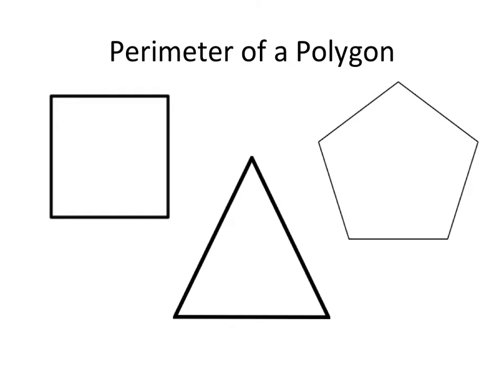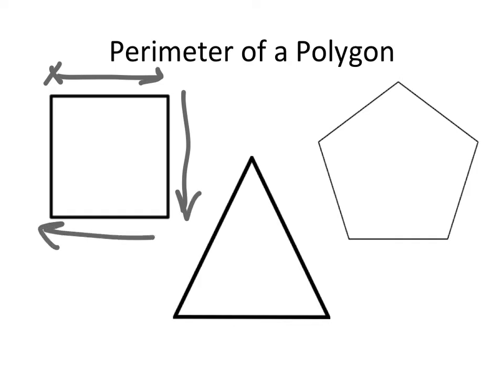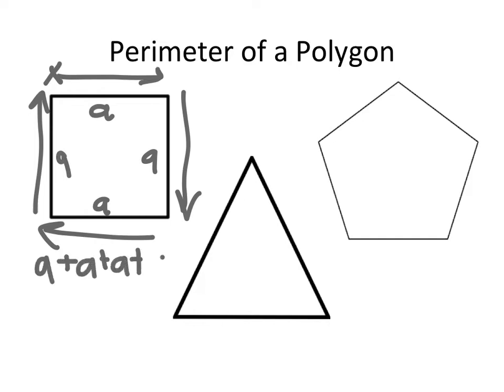For example, if they're finding the distance around a square, they're going to have a starting point. Let's say we start here, and we're going to go all the way around, and we're going to measure the distance all the way around the square. Well, very simply, we can explain to students and have them see that one side of the square, if I call this A, is the same as all the other sides. So by going all the way around this, I'm going A plus A plus A plus A, which means 4A